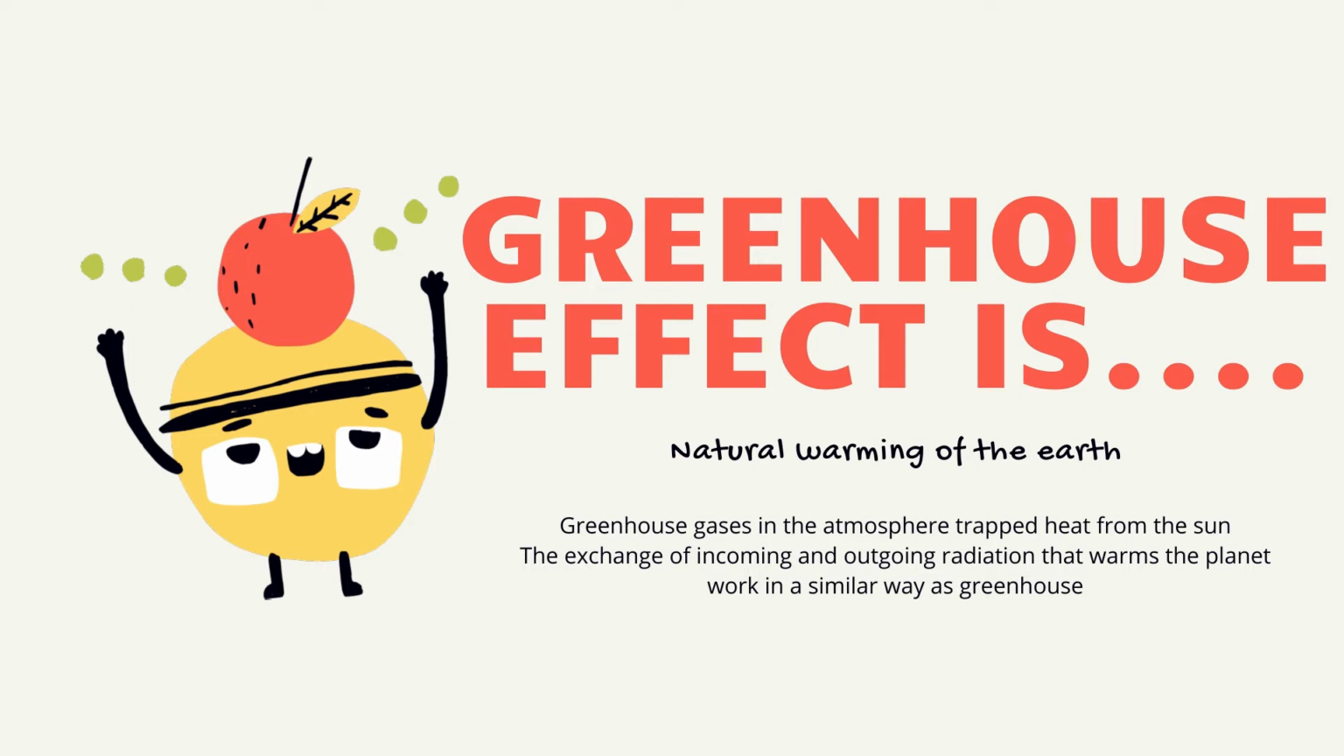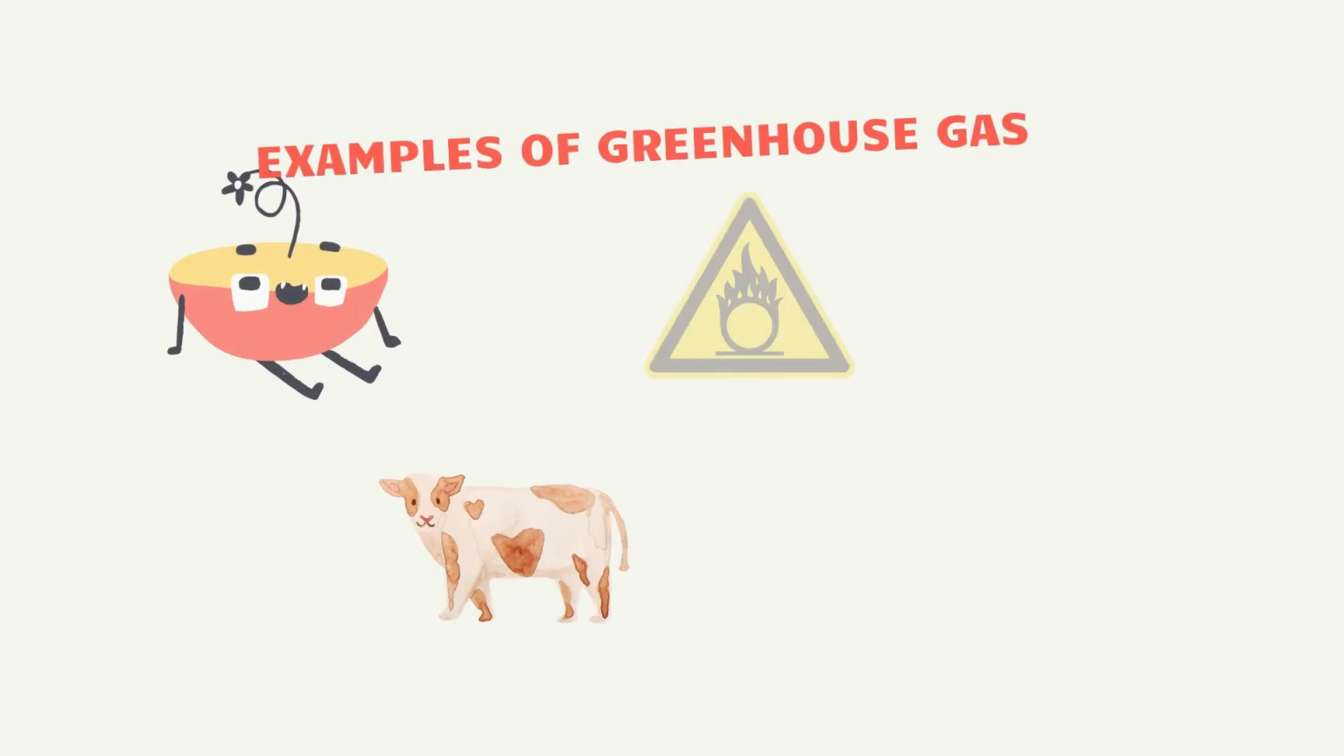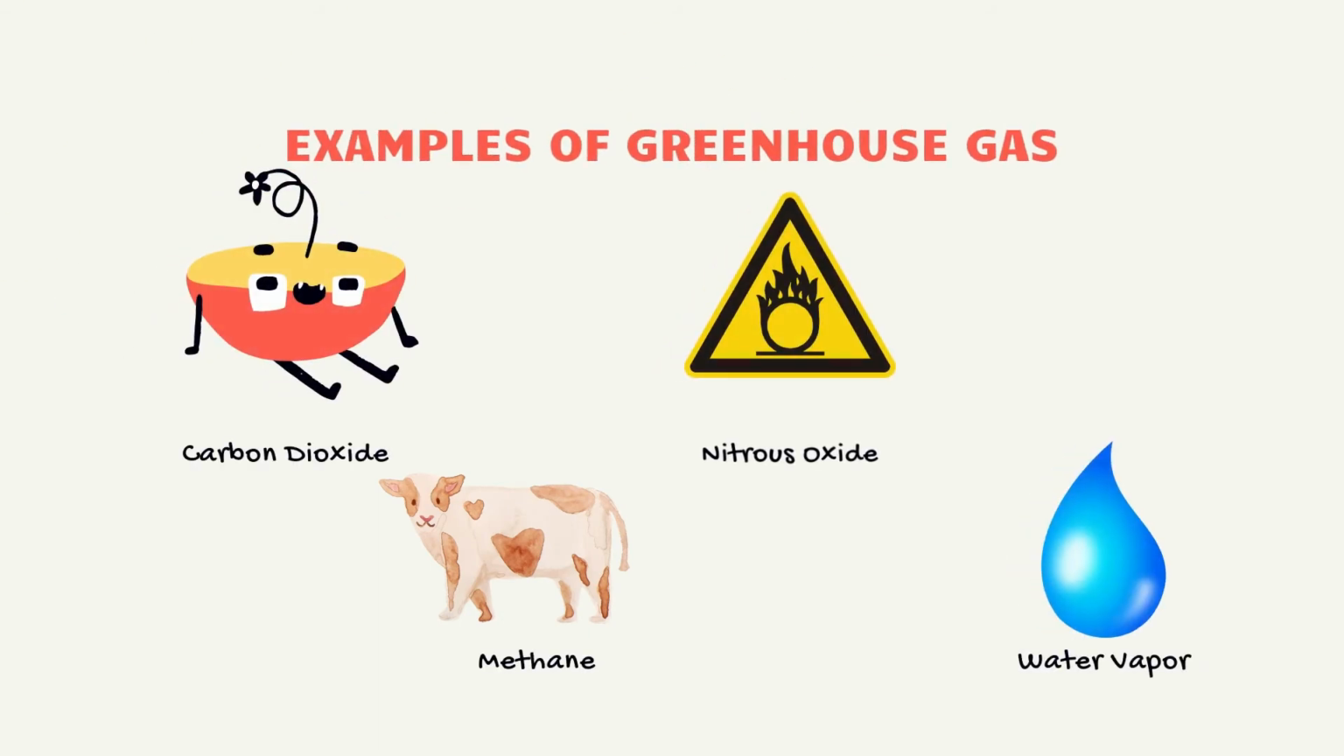Greenhouse effects are formed by the process of incoming and outgoing radiation that keeps the earth at an average temperature with the help of greenhouse gas. The examples of greenhouse gases are carbon dioxide, which is important in the process of breathing and photosynthesis. Nitrous oxide is usually used in the medical field as a general anesthetic. Next, methane comes from natural sources which include animal digestion, and water vapor has the shortest period of